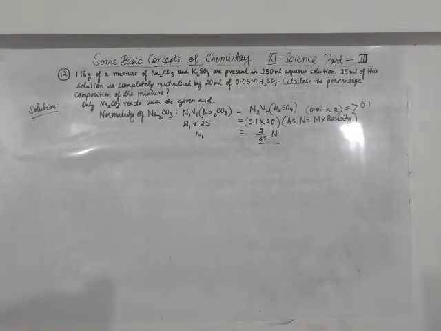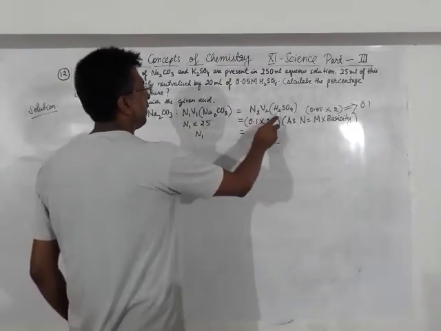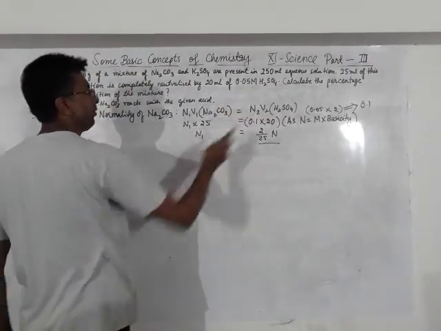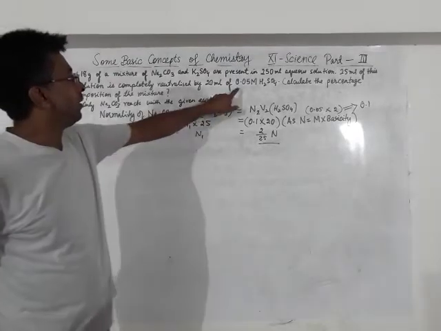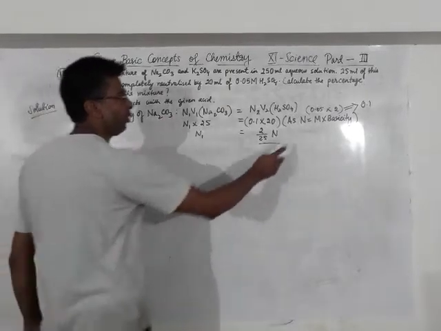Now, you must have copied the question. Look at the first step of the working over here. I have told you that only sodium carbonate reacts with the given acid and potassium sulfate does not. So here the sodium carbonate is reacting, and if you follow the normality equation, we can write N1V1 of Na2CO3 is equal to N2V2 of sulfuric acid. But here keep in mind the strength of sulfuric acid is given in terms of molarity, so there is a small formula to be learned over here.